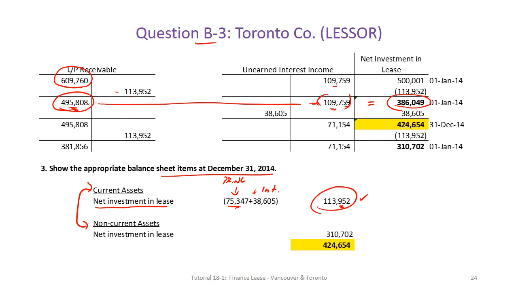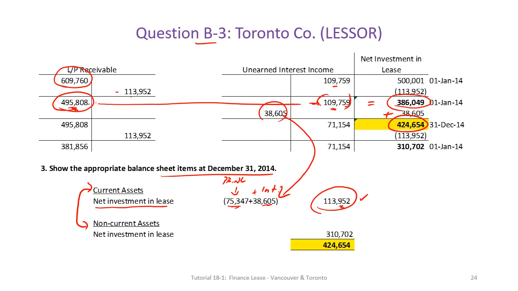495,808 minus 109,795 is 386,049. But then we add to that the unearned interest revenue that is to be earned. So that's how we end up with 424,654. And see how this interest income that is now earned becomes part of the current portion. So basically, the investment in the lease by the lessor at any point in time is the non-current portion of the payment plus,